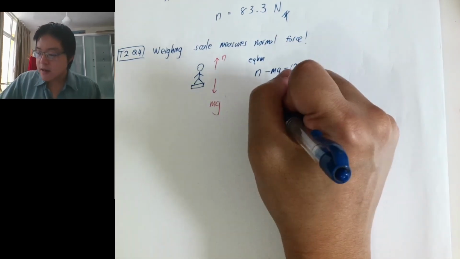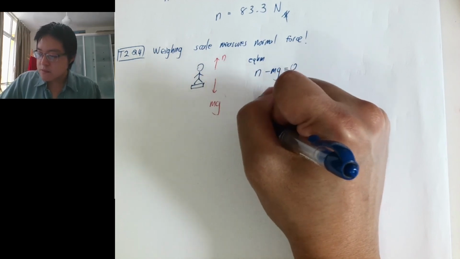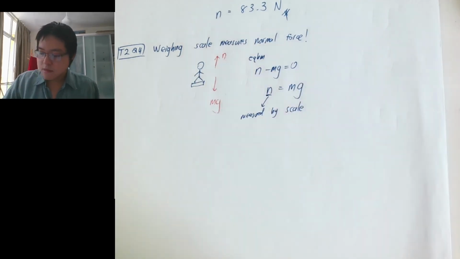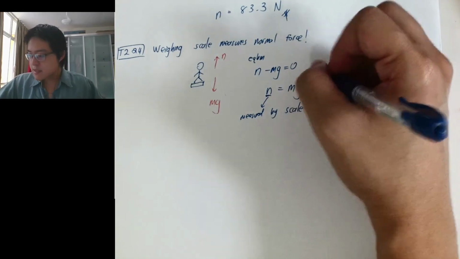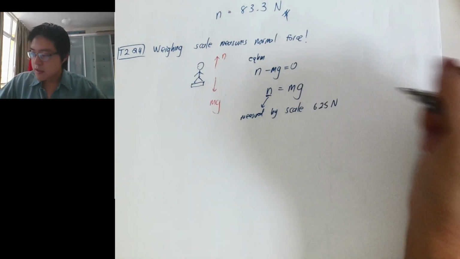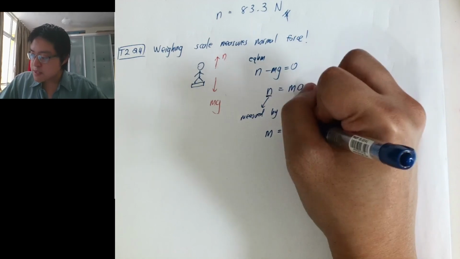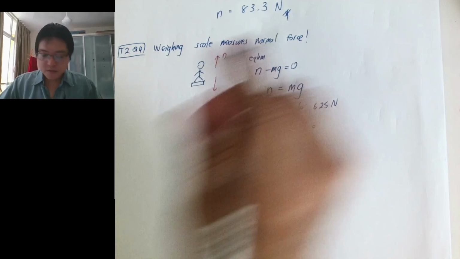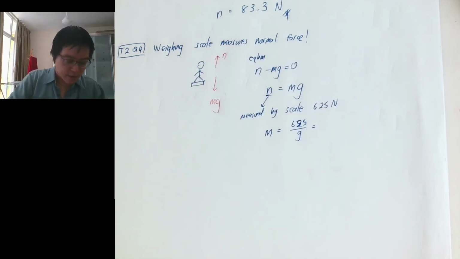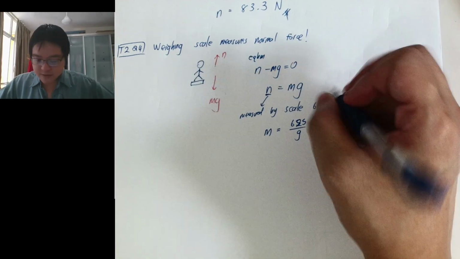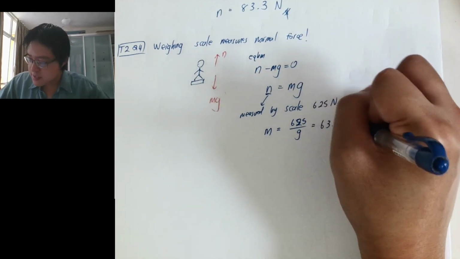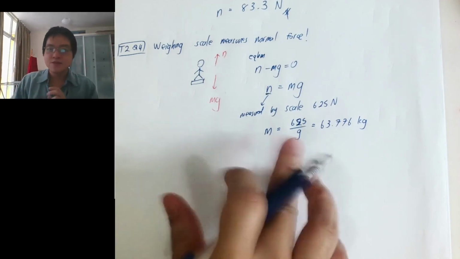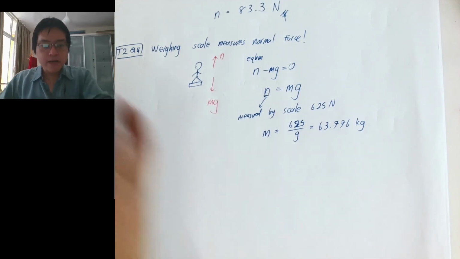And then this part is measured by the scale, and according to the question it is 625. So you can get your mass in kilograms by taking 625 and then dividing by g. So 625 divided by 9.8 is 63.776, so 63.776 kg. So that's how you get your mass in kg, right? So that's all the steps that are hidden from you. So now you know, right? So the main point is